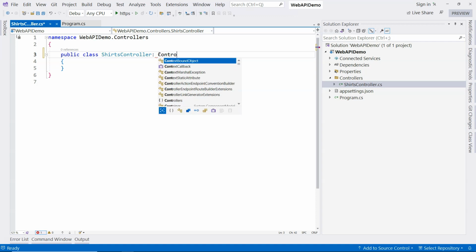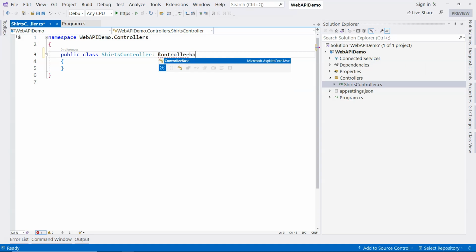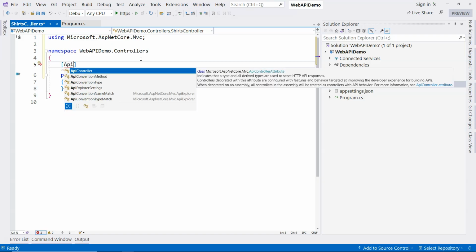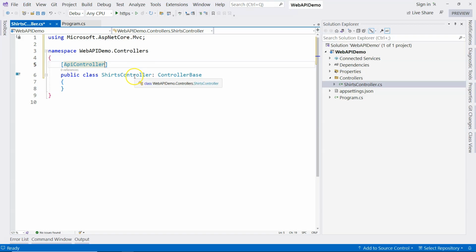First of all, we need to derive this controller from ControllerBase. And secondly, we need to use a C# attribute. Which attribute? The ApiController attribute, to decorate this class. So these two things make the ShirtsController a Web API controller. Right? And inside here,